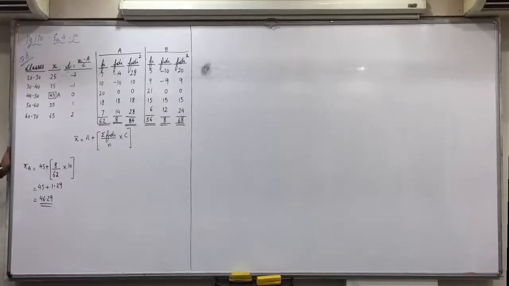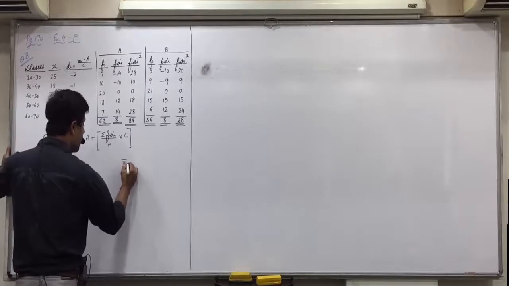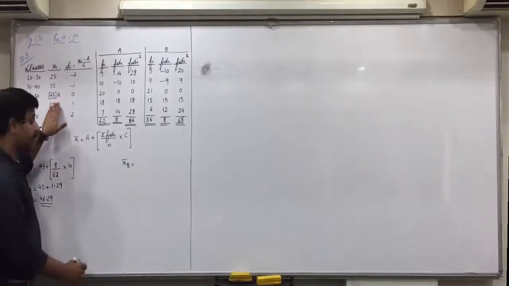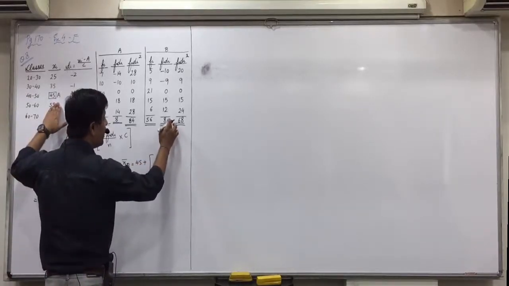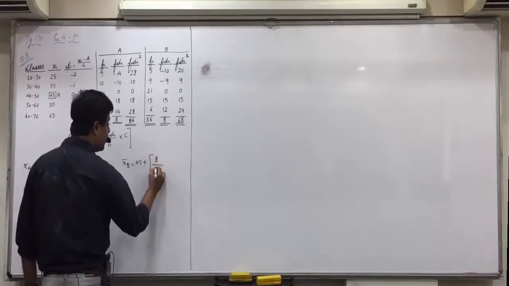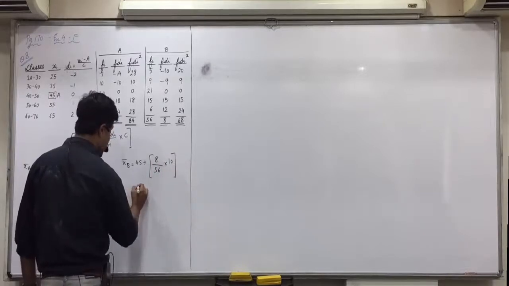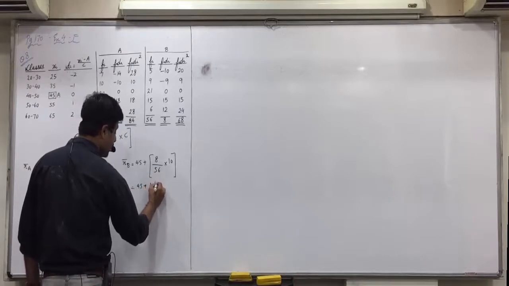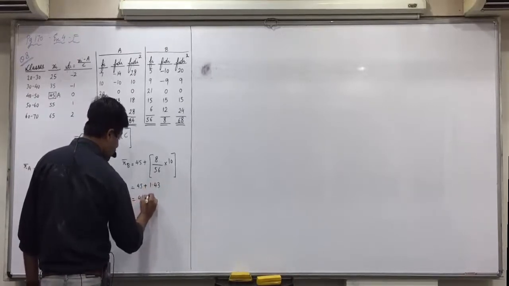Now same way we'll do it for group B on the right side. So here X bar of group B is equal to, assumed mean remains the same, what is that? 45 plus, what is sigma FiDi for group B? It is 8 upon, what is N of group B? 56 into class length 10. So 45 plus, now what is 80 divided by 56? 1.43. So 46.43.